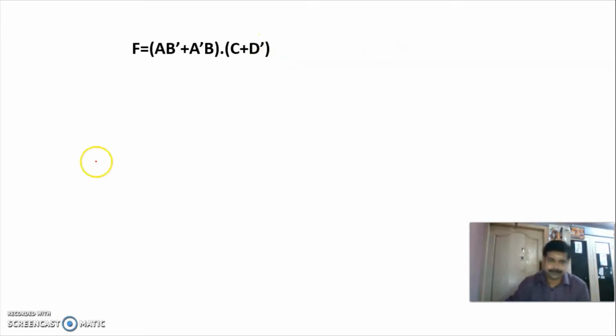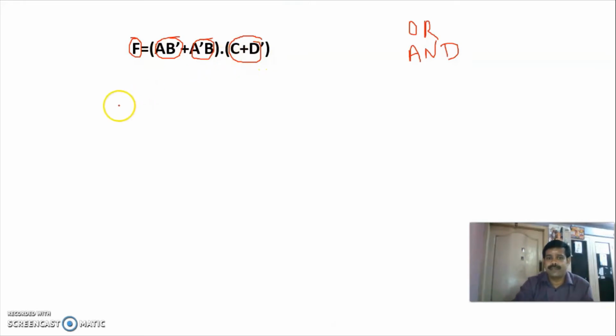Okay. Now here the output is F, and you are having two product terms, and here you are having a sum term. Sum term can be implemented by using OR gate, and product term can be implemented by using AND gate. Okay. Now we are going to implement by using logic gates. So here how many variables you are having? Four variables. That is